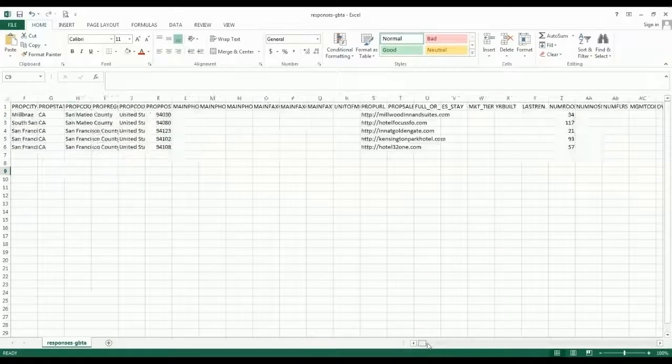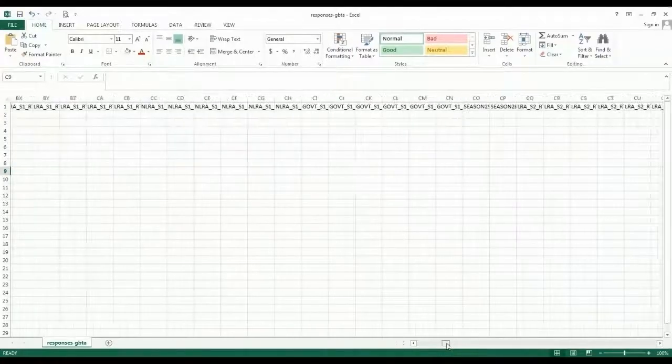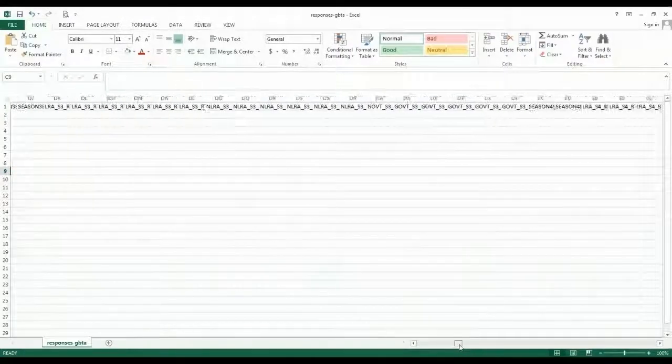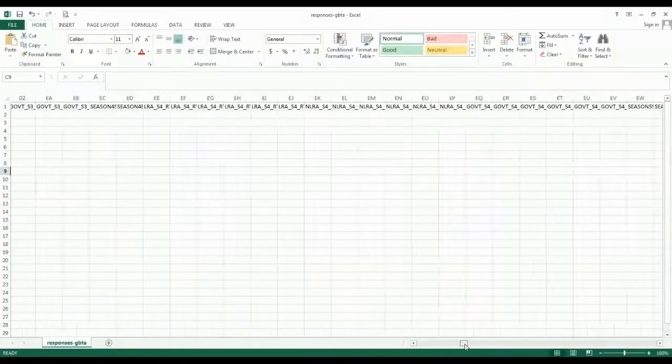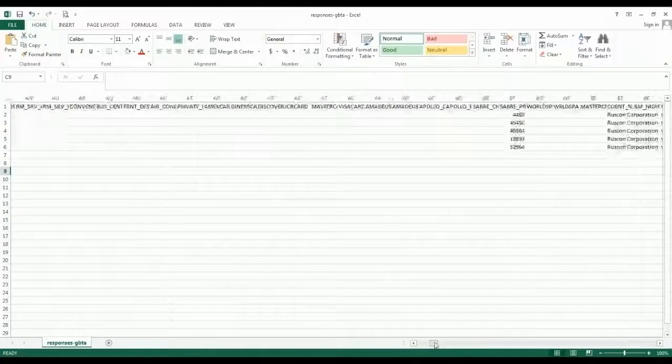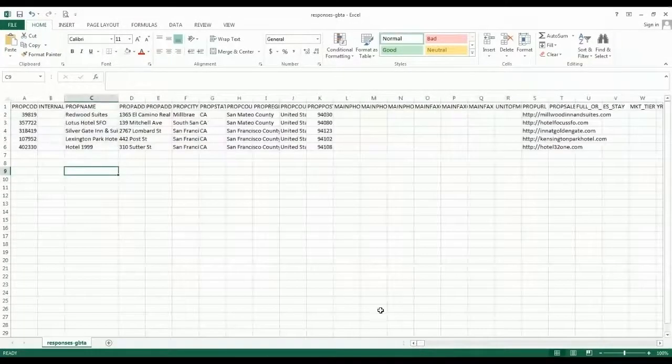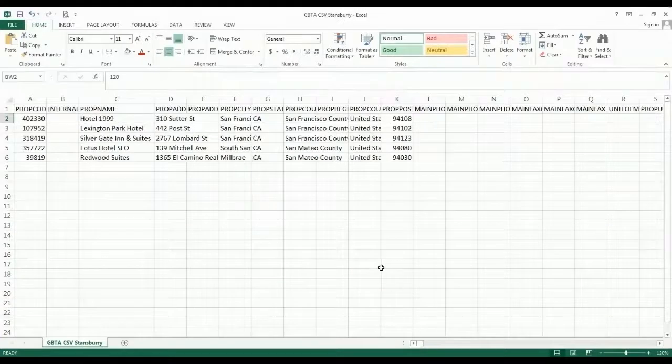Now, this one is empty, and I will have to fill some of the cells here with my answers like the rates and amenities. So I am going to take a file that I baked earlier and is all ready to go and show some of the columns to you. Here we are. Now let me show you a few columns on your CSV upload file that are important.